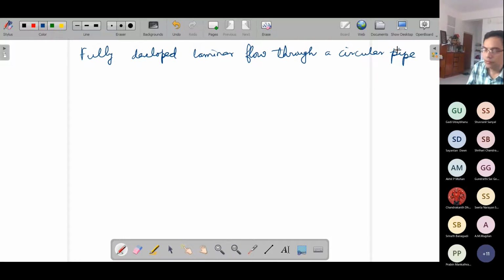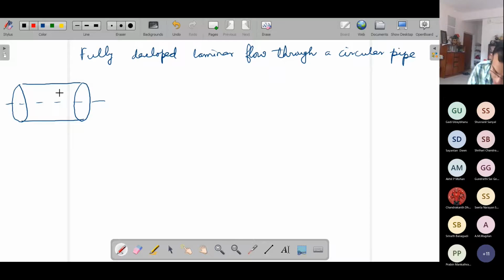We will cover it in brief, but giving a bit more insight than what is normally covered in the undergraduate curriculum. So the problem that we are considering is that you have a circular pipe like this. You may consider it as a tube or pipe, whatever, based on dimension. It has a radius r, and if you see the cross section, it is defined by any point located on the cross section.